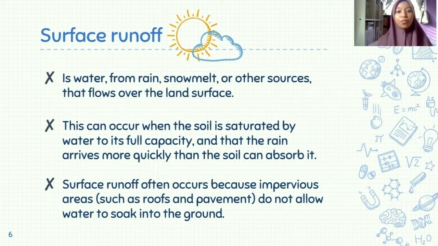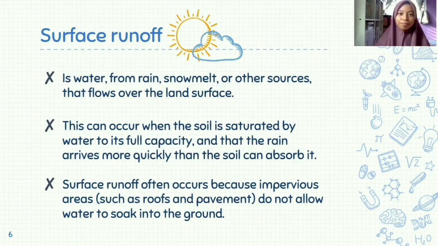Now it's about the surface runoff. Surface runoff is the water from rain, snowmelt, or other sources that flows over the land surface. This can occur when the soil is saturated by water to its full capacity and the rain arrives more quickly than the soil can absorb it. Surface runoff often occurs because impervious areas such as the roof and the pavement do not allow water to soak